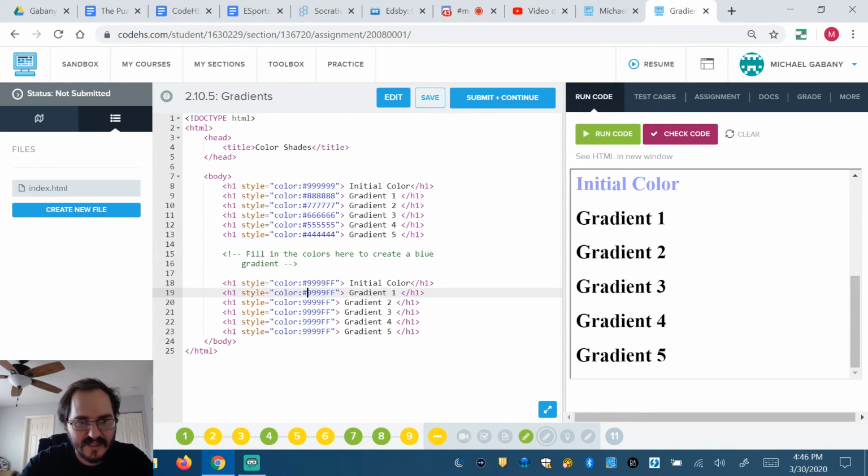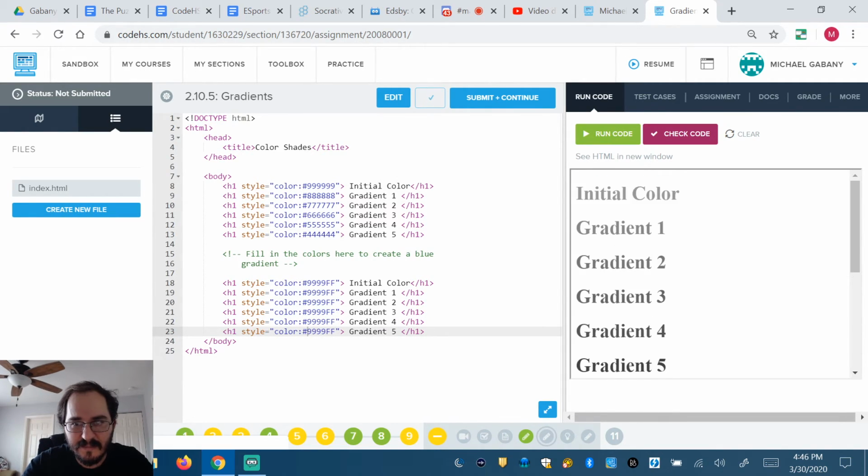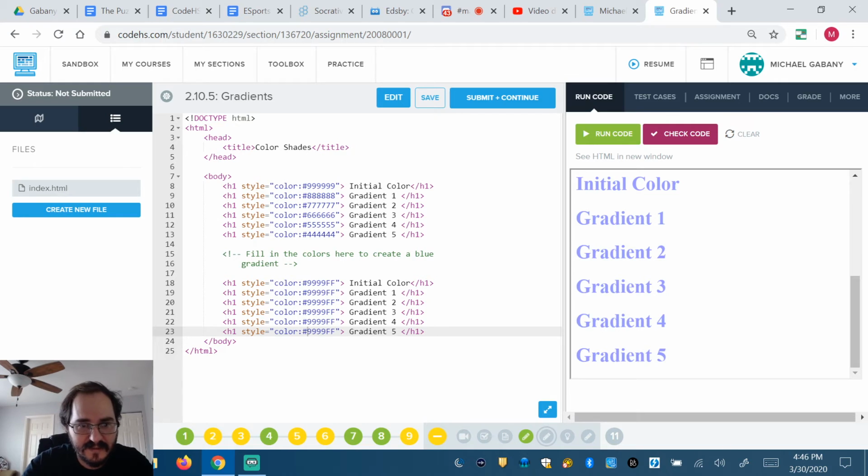Oh, I forgot to put the hashtag in front of it. Now, this isn't going to complete the code, but what this will do is turn them all to the same color, right? And they want to go down. So first thing it will do is these go 9s, and these should be all, can you guess if we're going down a color? 8, 7, 6, 5, 4, but we're not done there yet. Because what's the next letter before E? A, B, C, D, E. So this is D, C, B,